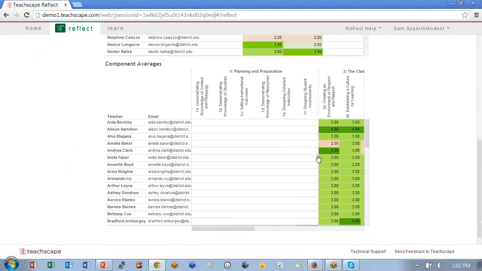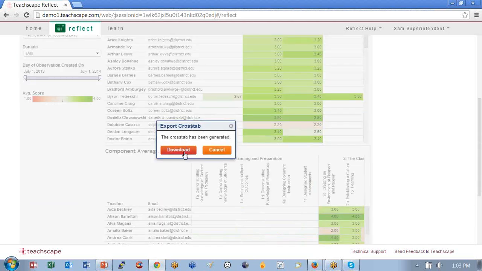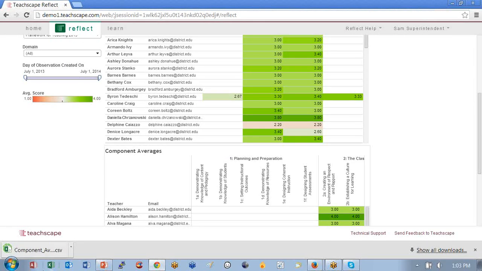And you can see in here, if you wanted to take this data and do something else with it other than just look at it on the screen, you have the ability to export it. You can export it as an image to show what's on the screen. You can export the underlying data, which is a lot more information than what's showing on the screen. You could export it as a crosstab. This is what people do an awful lot of, which is put it in Excel because they want to sort it some other way than what they're seeing on the screen. So you can do that.